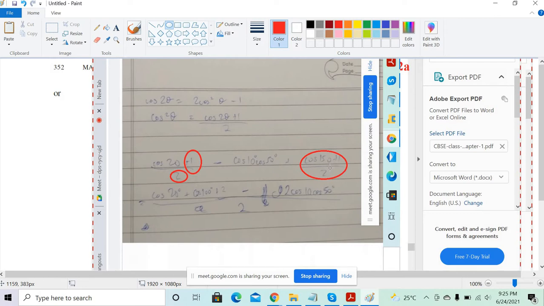Oh, wait. 1 is what? 1 is cos 0. But that won't help. No, keep it 1 only. Why are you worrying? That will come as addition, don't worry. That is what you need. Yeah, then we have cos 60 minus cos 40, cos 20 and cos 100. Yeah, try it out now.